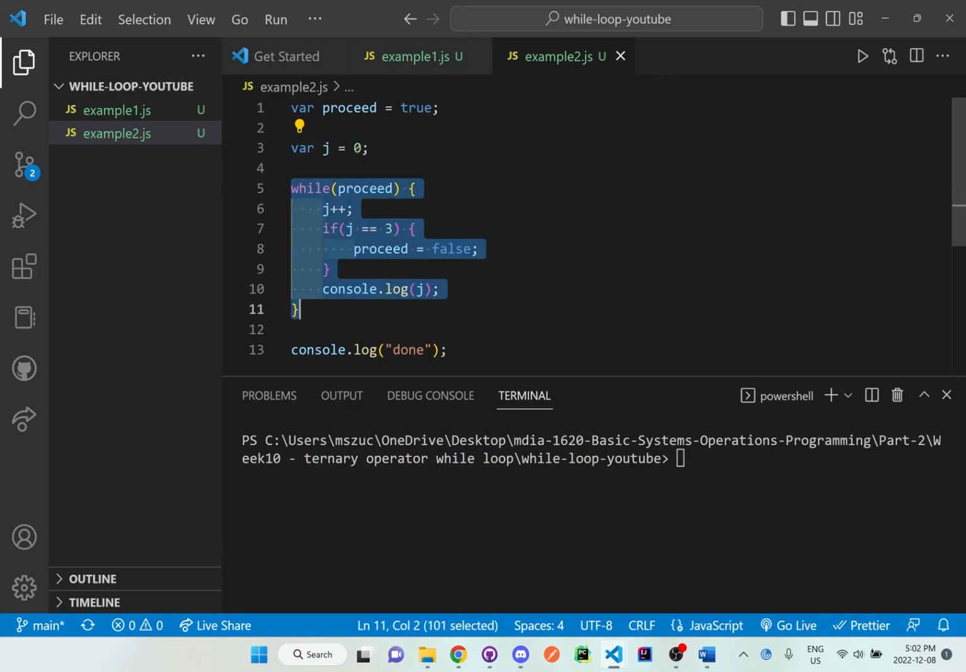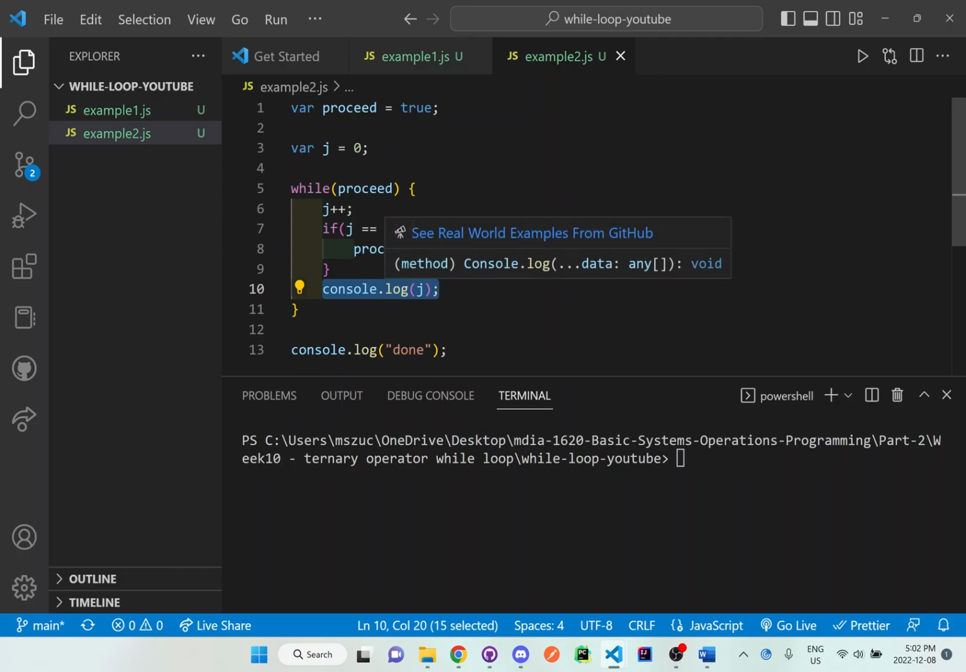So we set up this while loop and we're taking a parameter, this is proceed, and what we're doing is we're incrementing j by 1 each time it loops through. And if j is equal to 3, so as it loops through, once it increments, if it gets to 3, then we're going to change proceed to false, and then we're going to just console log out whatever is happening right here, and we're going to just display all the numbers. So let's actually run this in the terminal, node